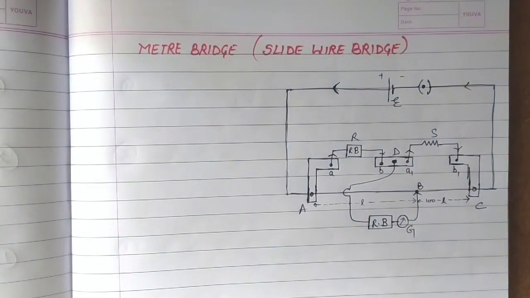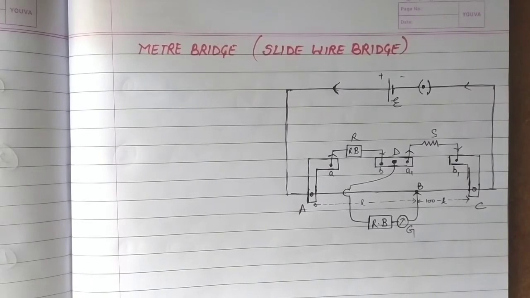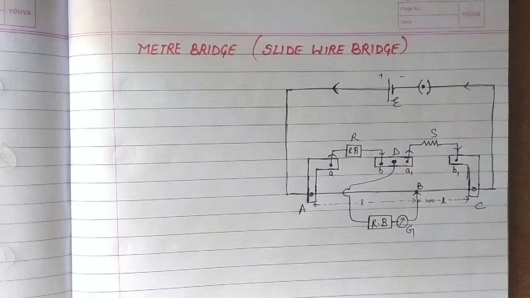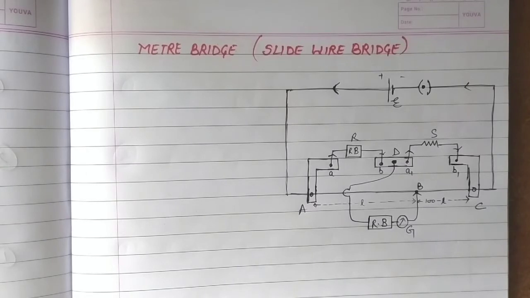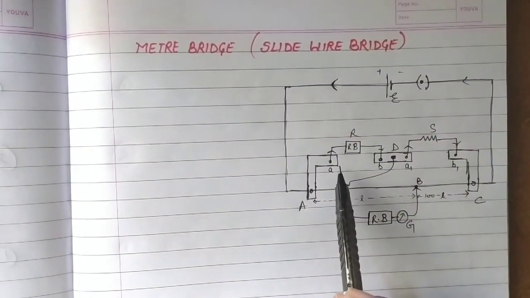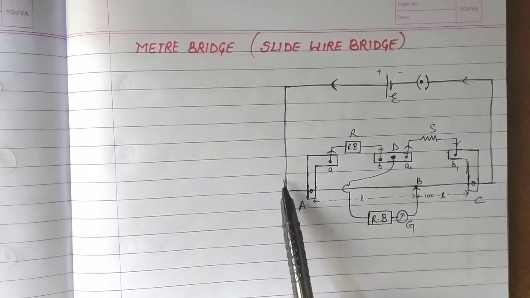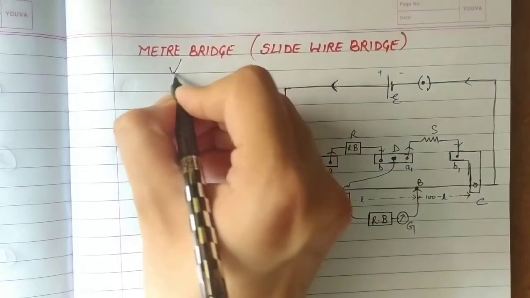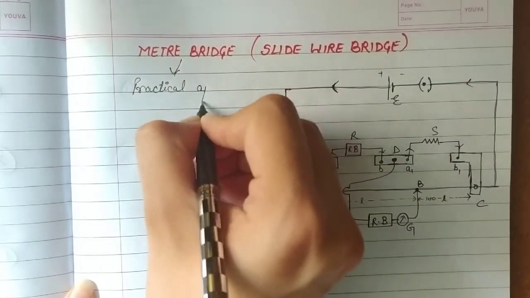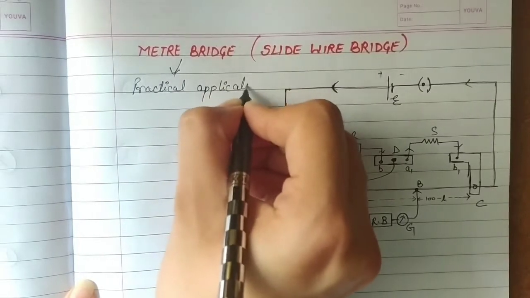Meter bridge is basically a practical application of Wheatstone bridge. As we have studied in the previous video, Wheatstone bridge is used to determine one of the unknown resistances among the four resistances in terms of the remaining three, and the process was quite quick and accurate. So meter bridge is actually the practical application of that Wheatstone bridge. We can write it as practical application of